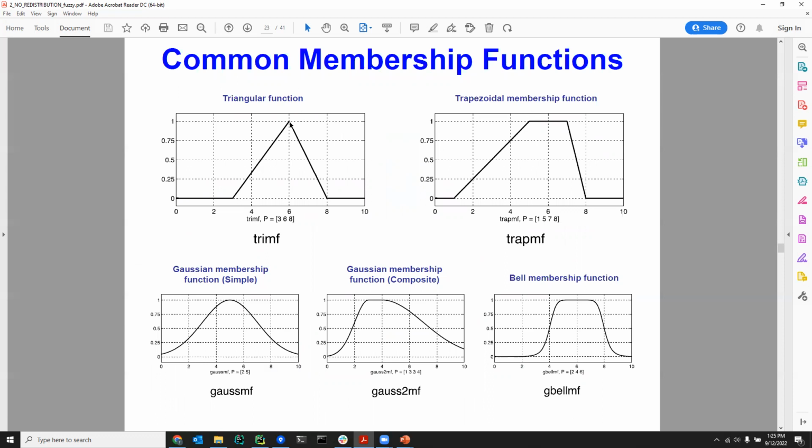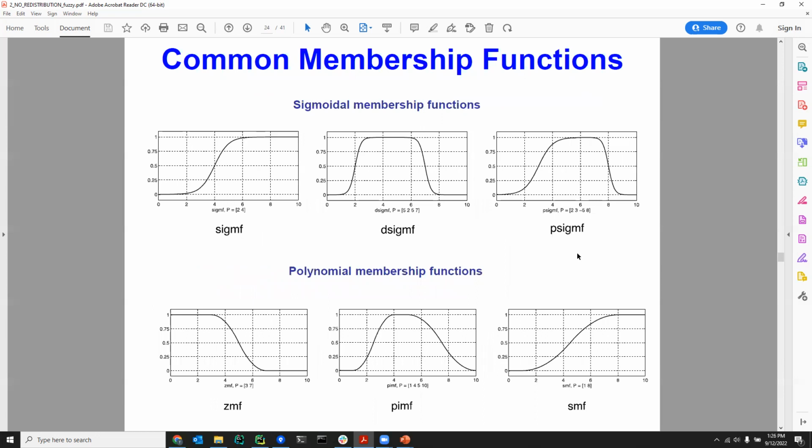They all have different properties, and so you may want to use different ones in different situations. If you have a situation where you want a continuous output, maybe you go with Gaussian membership functions. If you have cases, though, where you don't know much about the system and you want to keep it simple, maybe you go with triangular. Maybe go with trapezoidal if you want to extend some of the triangular behavior. But that's not the only types. There's other types like sigmoids and polynomials. There's all sorts. You can even make your own